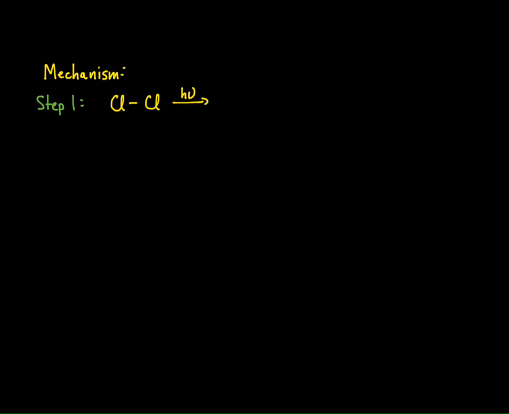So if I add enough energy in the form of light or heat, I can homolytically dissociate a chlorine bond. And remember, if I have a mole of chlorine, all I have to do is dissociate a small amount of chlorine to form chlorine radicals. And this initiates the reaction, right? So now I have chlorine radicals present, and those few chlorine radicals are in a large amount of methane